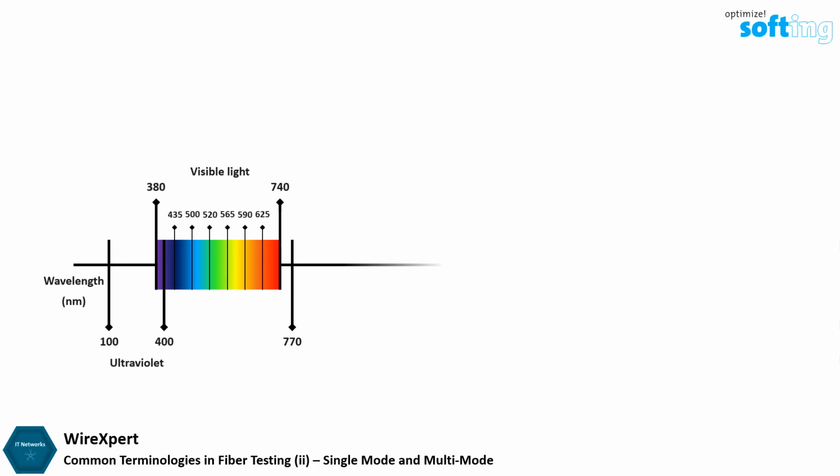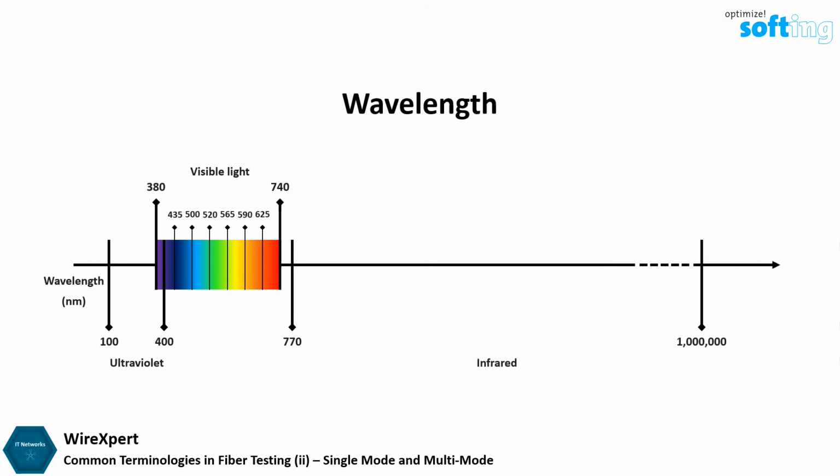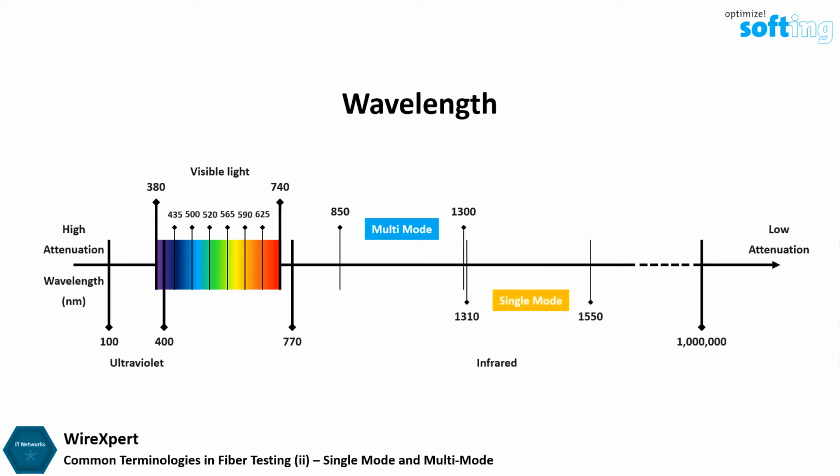Light is defined by its wavelength, and the length of a wave has a direct relationship with its attenuation. The longer the wave, the lesser the attenuation. Single and multimode fiber operate at different wavelengths, 850 nanometers and 1300 nanometers for multimode, and 1310 nanometers and 1550 nanometers for single mode. Due to the large core size, some low-cost light sources like light-emitting diodes, or LEDs, and